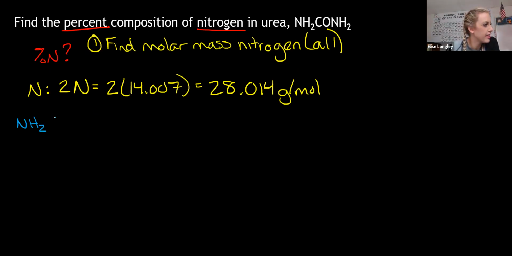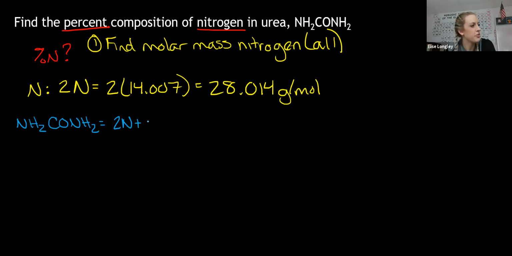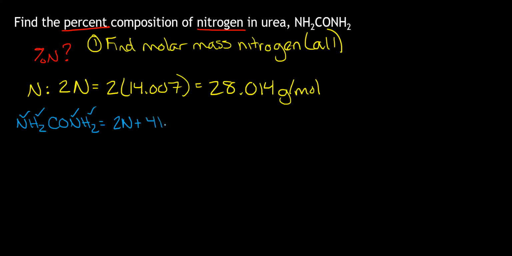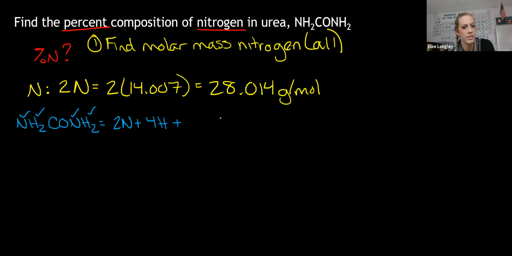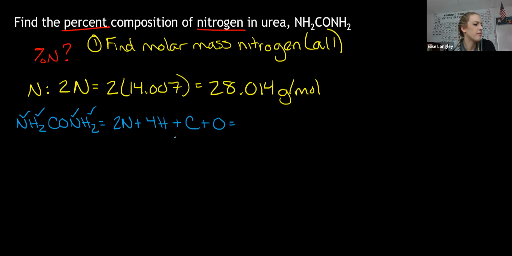Kira, how would I do that? So you would keep the molar mass of nitrogen and then add that in later. Okay. And then the next thing I did was hydrogen. Okay, and so how many hydrogens are there? There are 4 hydrogens. Yes, there are 2 nitrogens and 4 hydrogens. All right, what else? And then there's 1 carbon and 1 oxygen. And that gives you a total of what number when you're done?